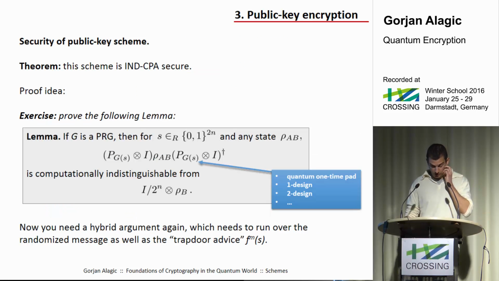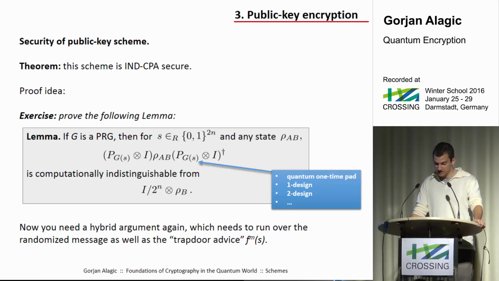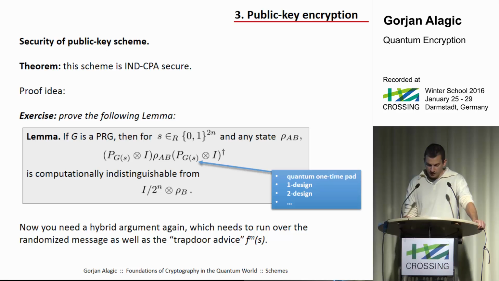Let me just end with a slide about how to prove security of this scheme for the INCPA case. So the basic proof idea is, well, first you should prove the following lemma about encryption with pseudorandom generators. And this lemma says the following. Whenever you pick a uniformly random seed and run it through the pseudorandom generator, and then you have some bipartite state, rho AB,